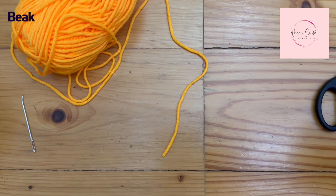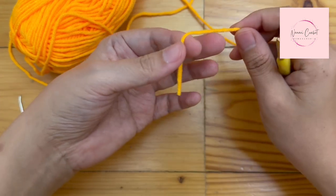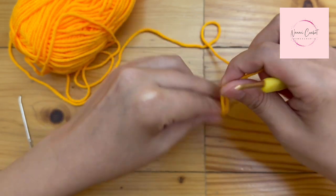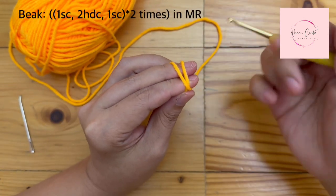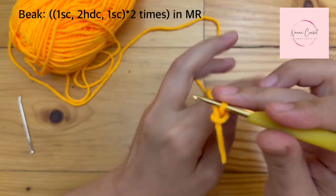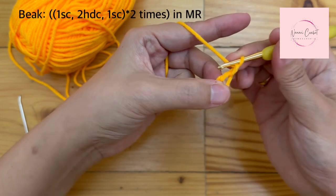Continue on, we'll be making the beak, the sexy beak. Okay, we'll use orange yarn and then wrap around the finger just like making a magic ring. Inside the magic ring, we'll be making chain 1 and then single crochet 1,